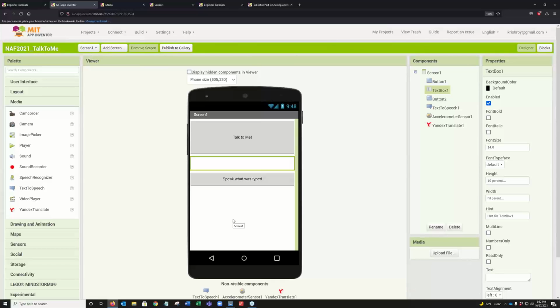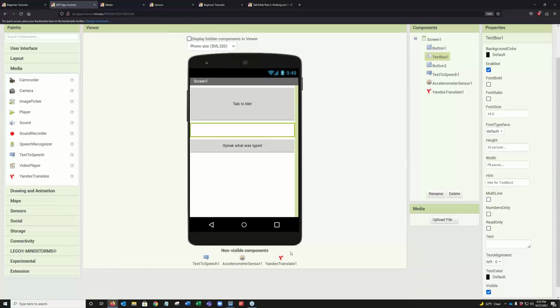Usually, these companies will give you free translation for basic apps, but if you have a successful app which is using their translation service, they're going to charge you a little bit of money each time your app connects to their service to translate something. That's their business model. So this Yandex Translate,